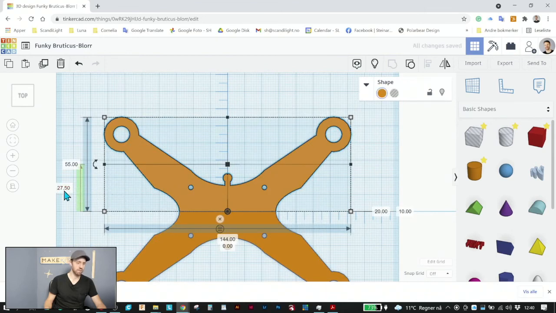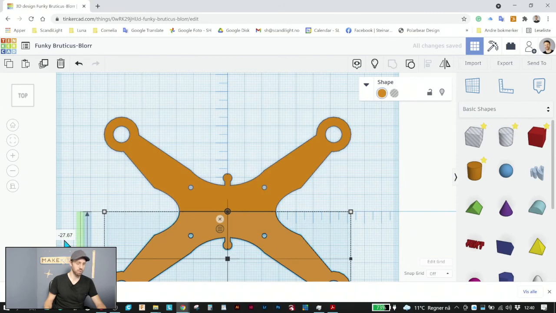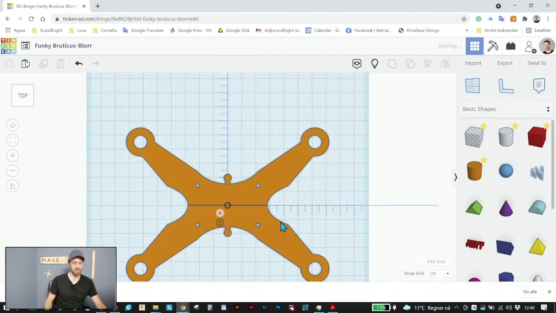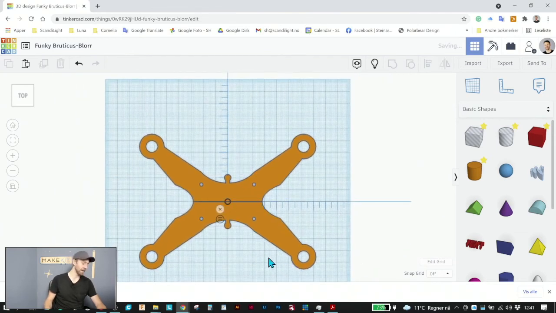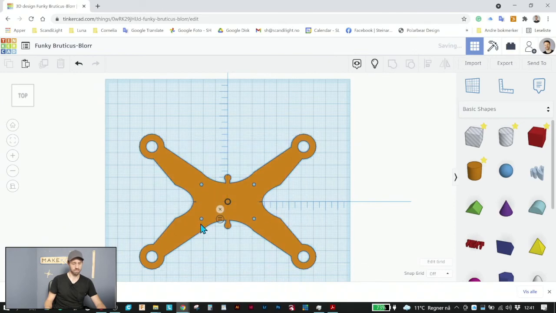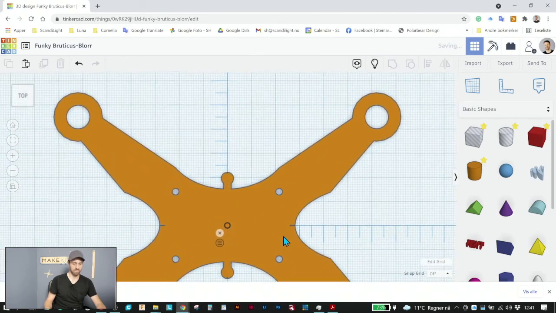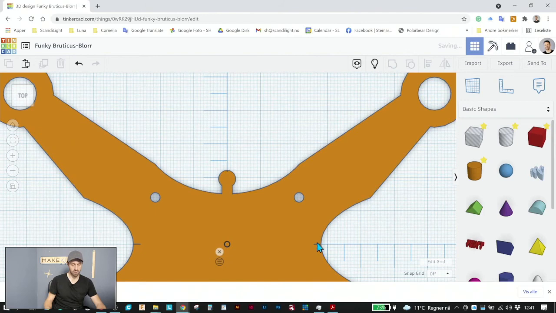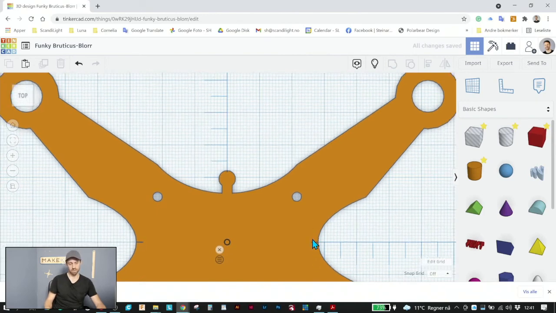This is 27.5. We can write that in, minus 27.5. This should be at the edge of this. They should be edge to edge. So let's try to merge them. And here is another example of where it has some small bugs. But this will do